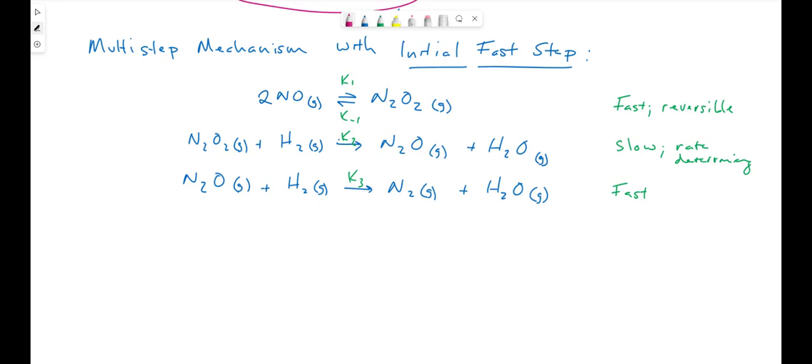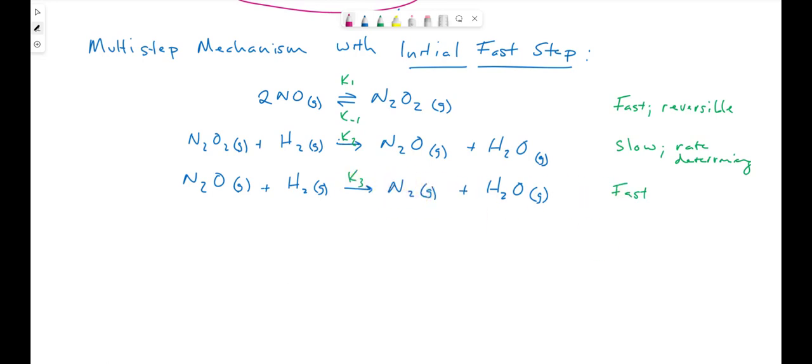I have indicated in the actual rate constants, K1 being the forward reaction rate constant, and then the reverse being the rate constant in reverse. And I've indicated the fact that this is reversible because I have a double-sided arrow in this case. The second reaction we are told is slow and rate determining. That has a rate constant K2, and then the third reaction is fast again, and it has a rate constant